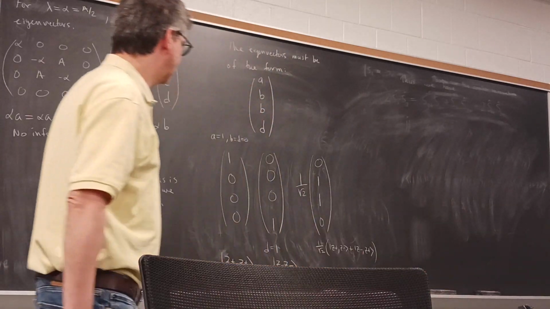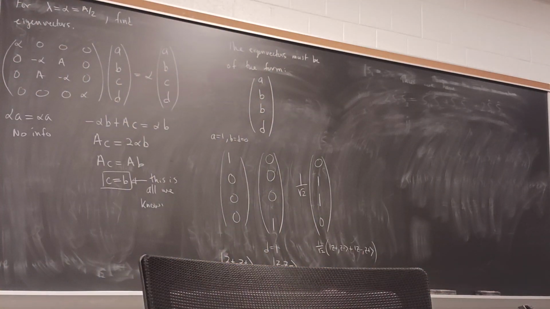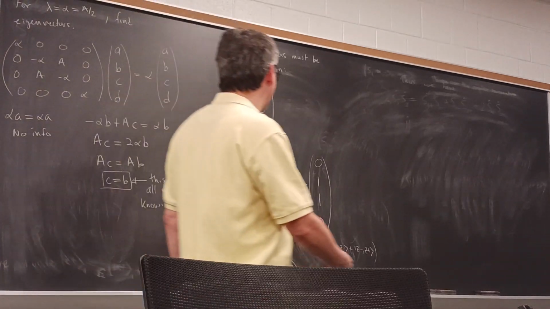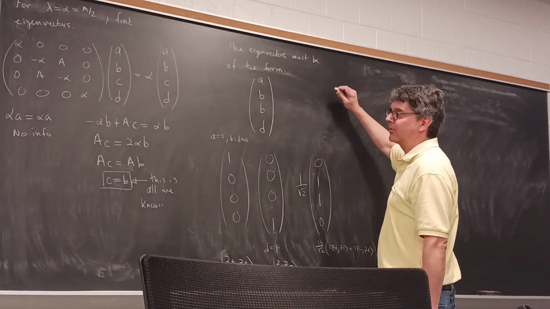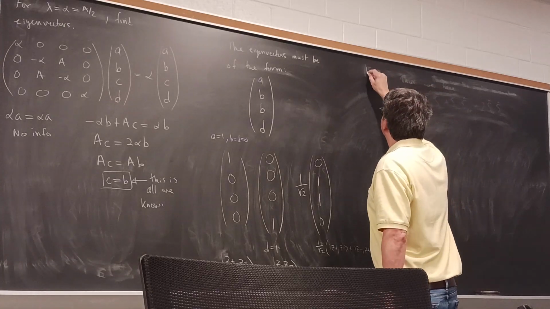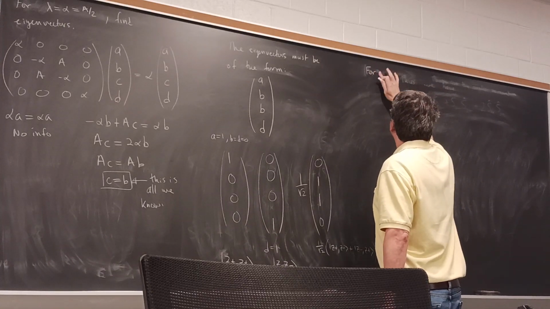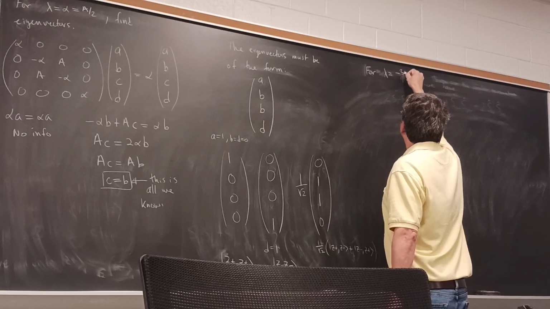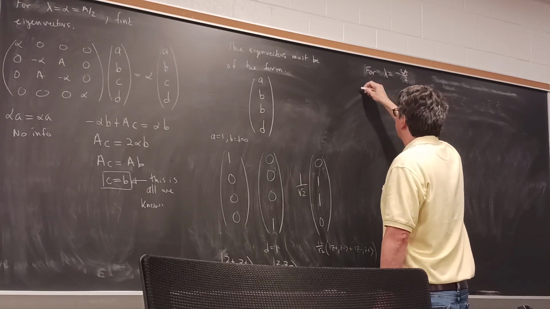Okay, so we're done with that. So now we only have one eigenvalue left, and that's 3a over 2, minus 3a over 2. So for minus 3a over 2,